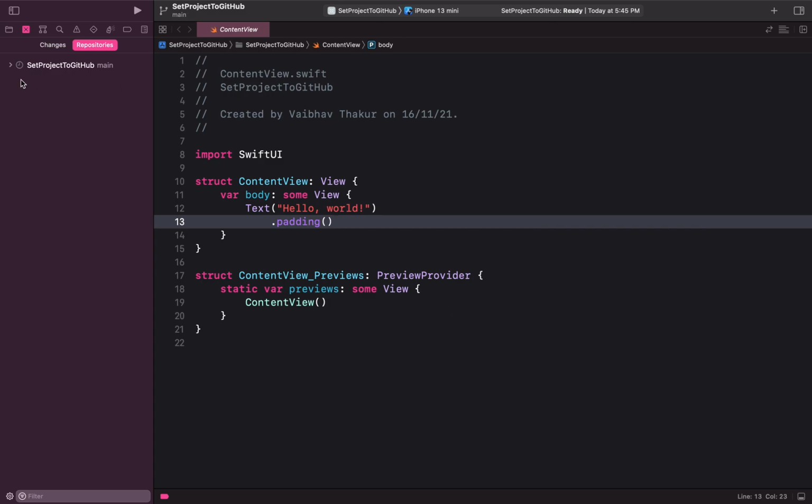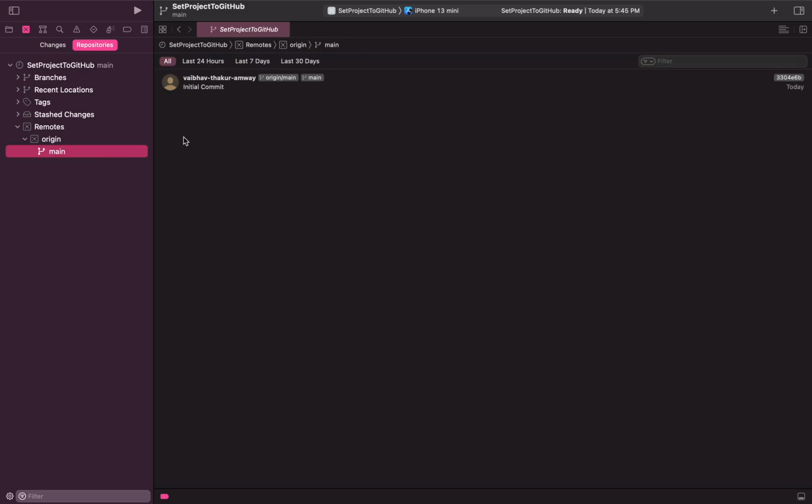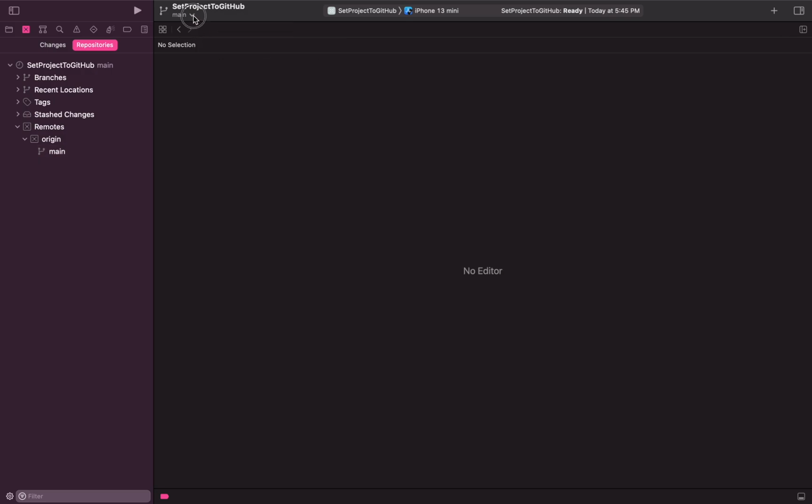It is done. So now if you expand this, yeah, now you can see under the remotes we have a new branch master, and it is connected with main. So it will show all the commits which we did.